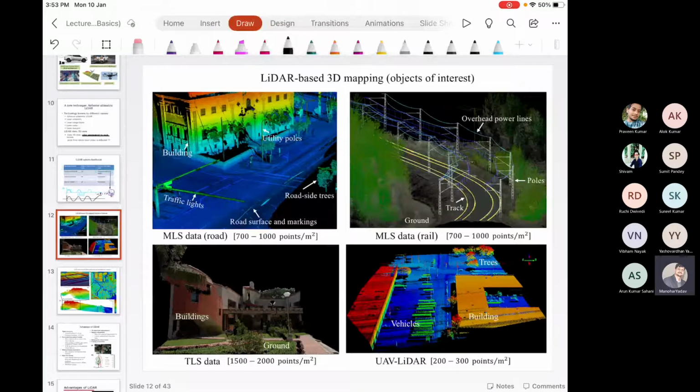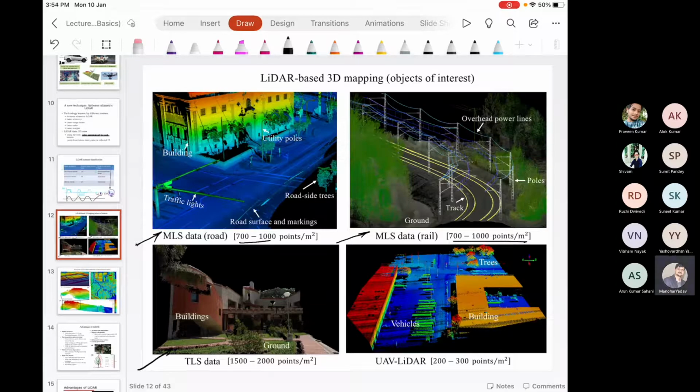Now, this point density, here I am talking about area density, can be justified. Like if you see, when the LiDAR system is operated through a ground-based platform, that is a moving vehicle on roads, highways or railway track, we can obtain 700 to 1000 points per meter square. Okay. So in this case, the operation is through a moving platform. And if we take another ground-based LiDAR system, that is TLS,